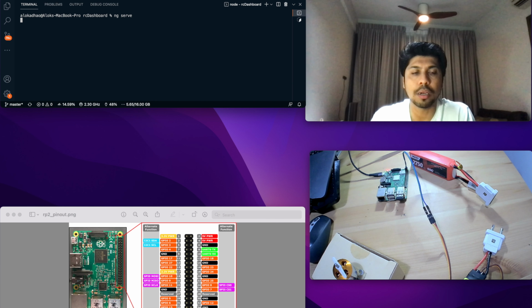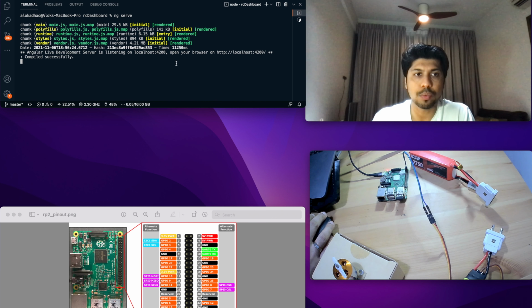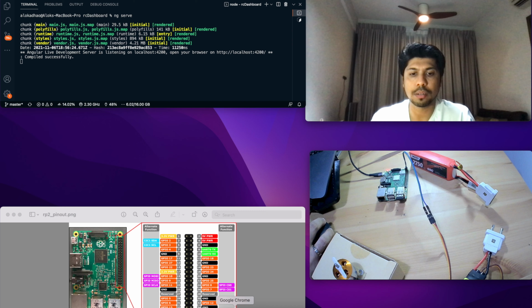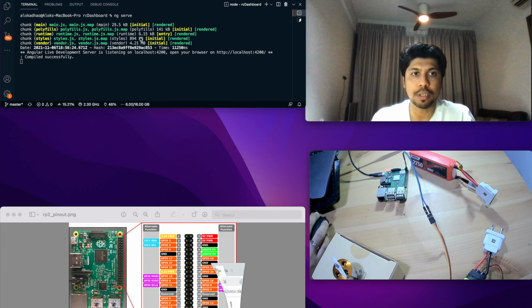This is the command to start the AngularJS application which is running locally. It doesn't matter, because it will be connected to the Raspberry Pi through its IP address, and the IP address is set within the code. So here the AngularJS dashboard is running on localhost 4200, and we can see it here. If we just refresh it, we see it is working.